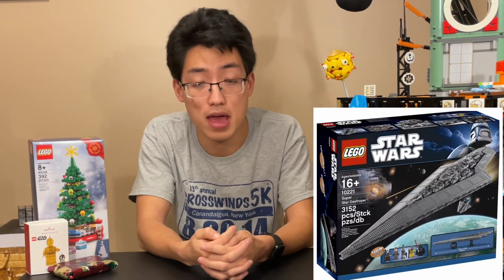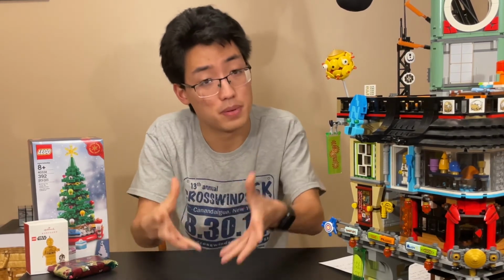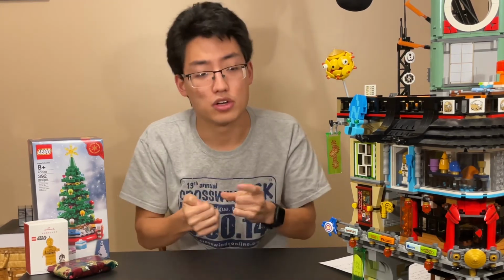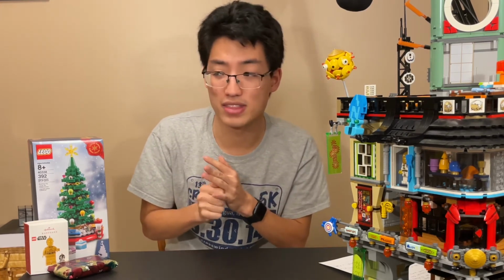It will be 10 years since we have gotten the Super Star Destroyer, and for $800 for 6,782 pieces, that's a low piece count with a high price. What does that mean? That means there's going to be a lot of bigger pieces. We saw this with the $700 ISD at a lower piece count of 5,000 something pieces. So we now know, if Lego wants to not jab us in the back, that there's either going to be